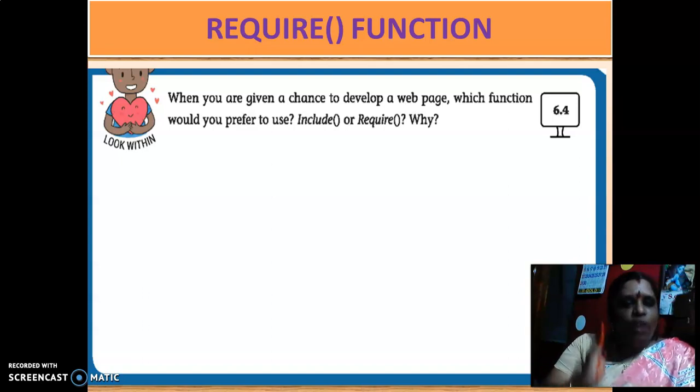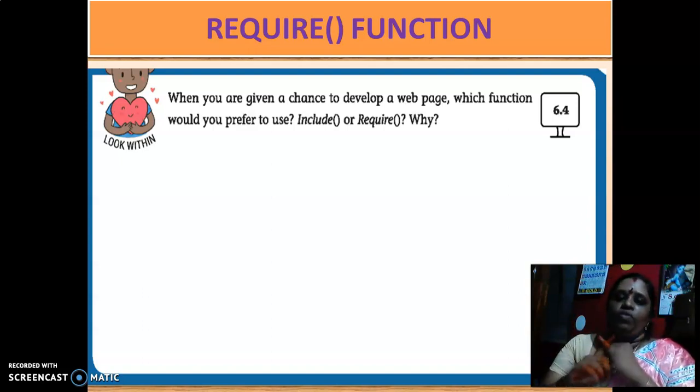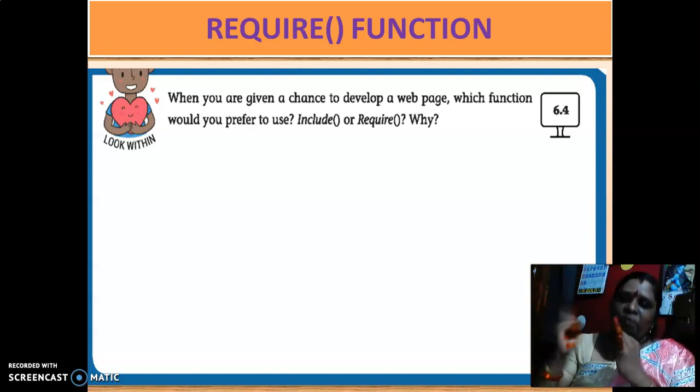Which function will you use? Write which function you will include, and why, what is the reason for preferring it. You want to write these two in your 6.4 activity.